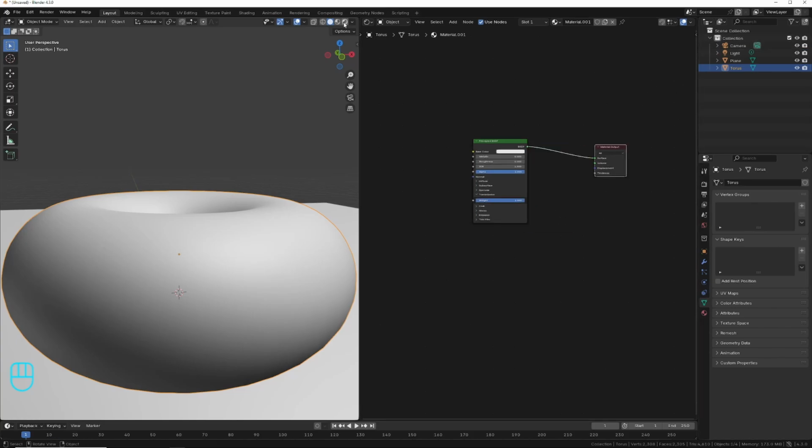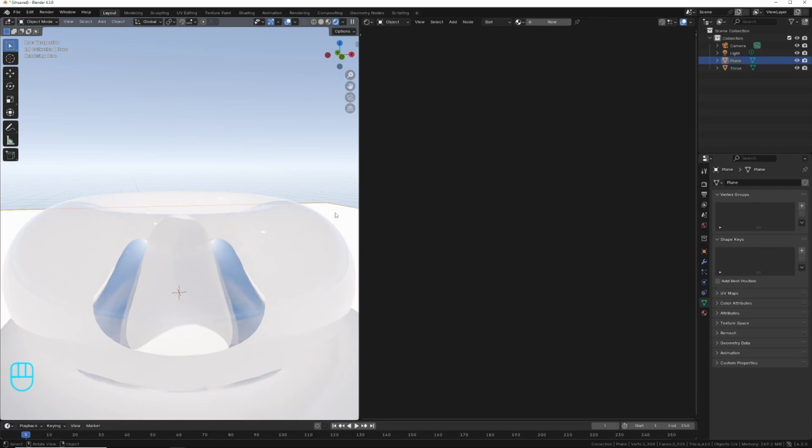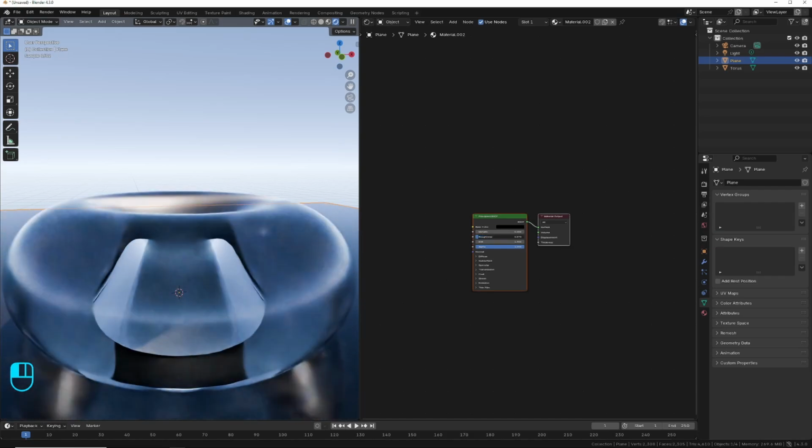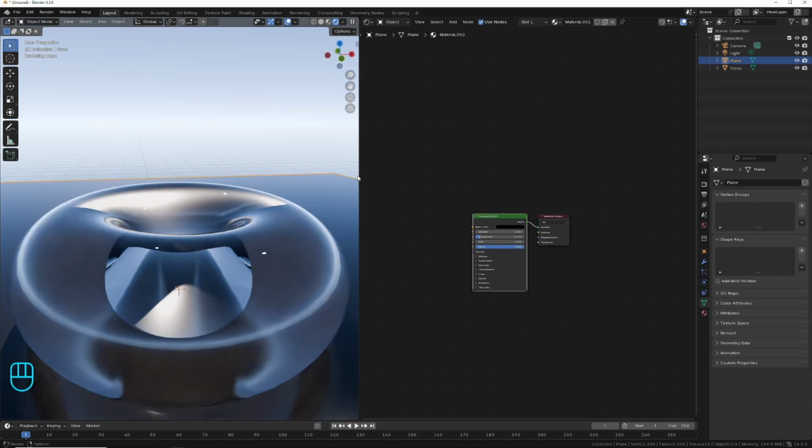Okay, now I go here in render view. So I select the plane, hit new, make it for the moment black and I decrease the roughness. We will change it after. First this plane,